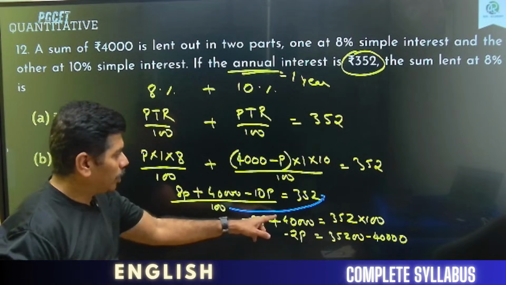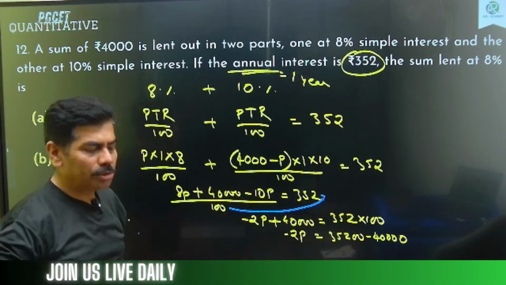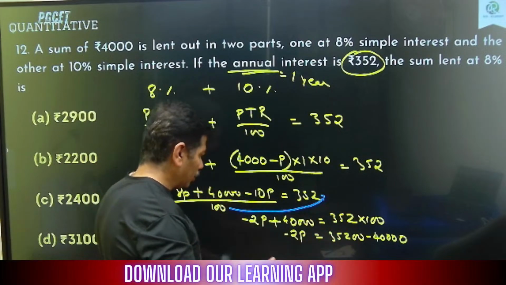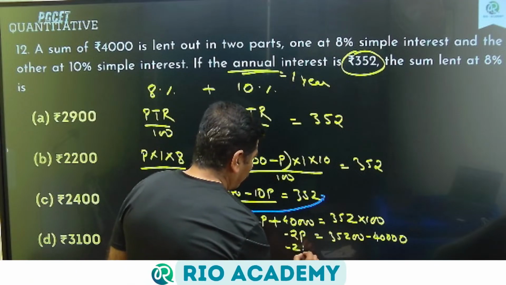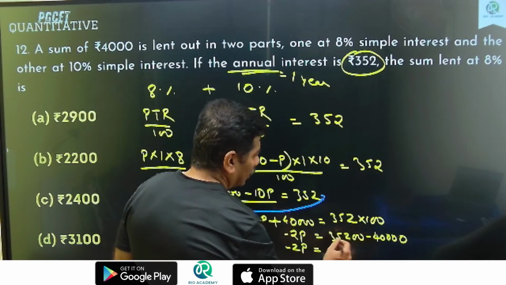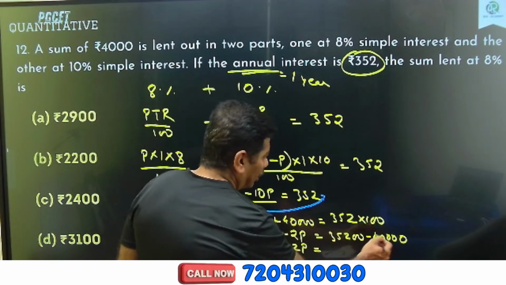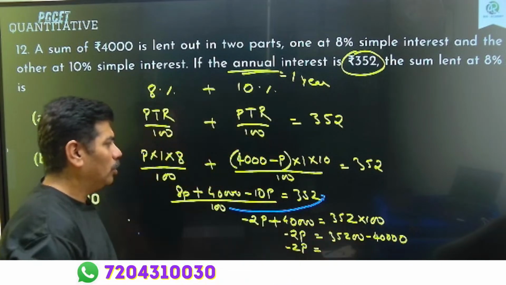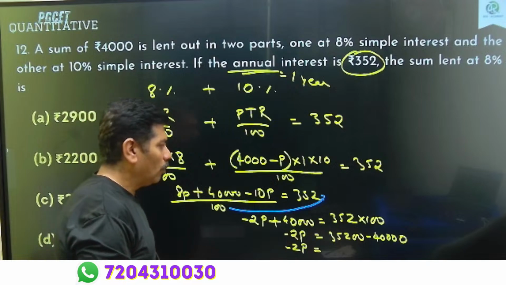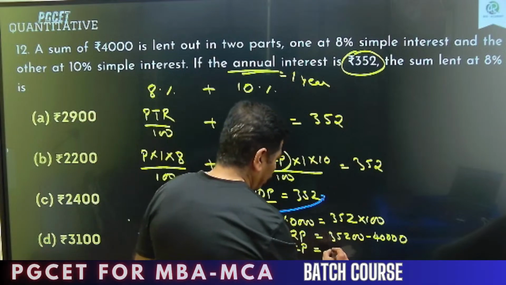All right, so plus 40,000 sent to the other side becomes minus 40,000. So I get minus 2p equals 40,000 minus 35,200. That should give you 4,800